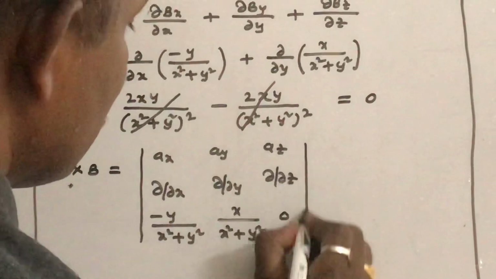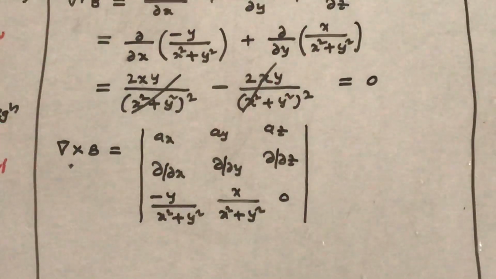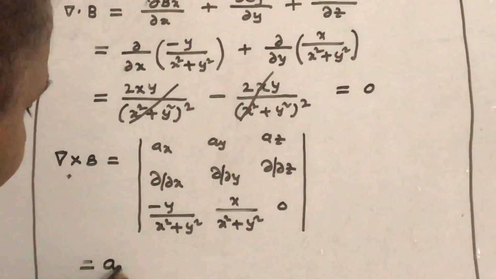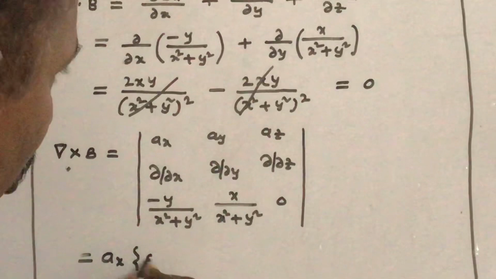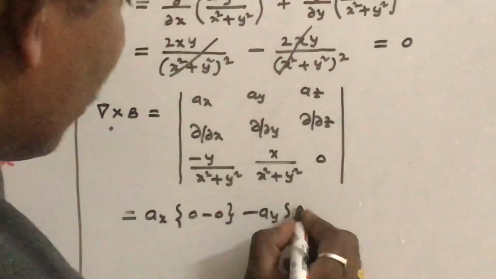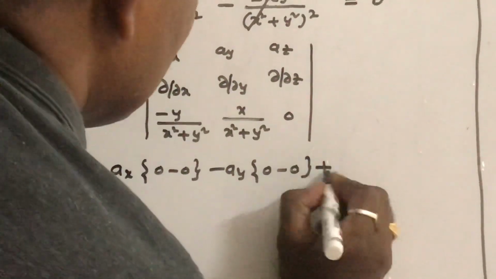So this component is 0. Let us find this out. Ax into 0 minus 0. Minus Ay into dou by dou x of 0 is 0. Minus dou by dou z of this term is 0. Plus Az